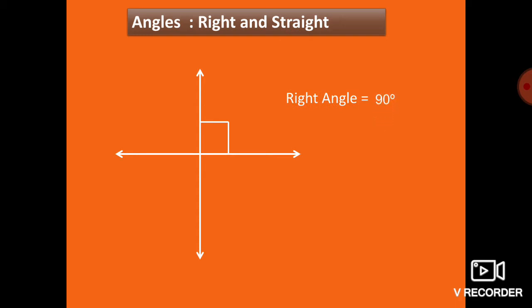Right angle, that is an L-shaped angle, is known as a right angle. Its measure is 90 degree. An angle with 90 degree is called a right angle. Another you can see here. First we marked a 90 degree, then an angle marked with black color, that is also an L-shaped angle. That means that measure is also 90 degree.